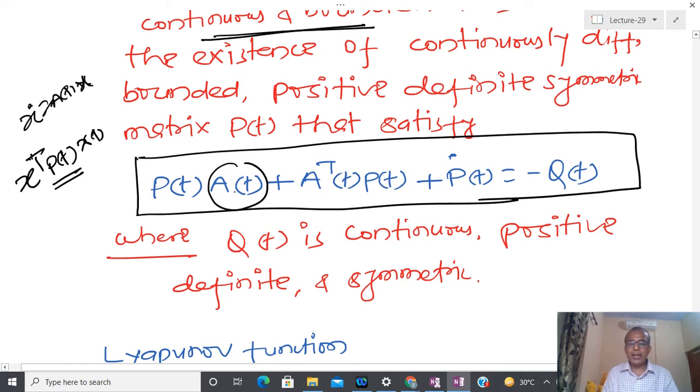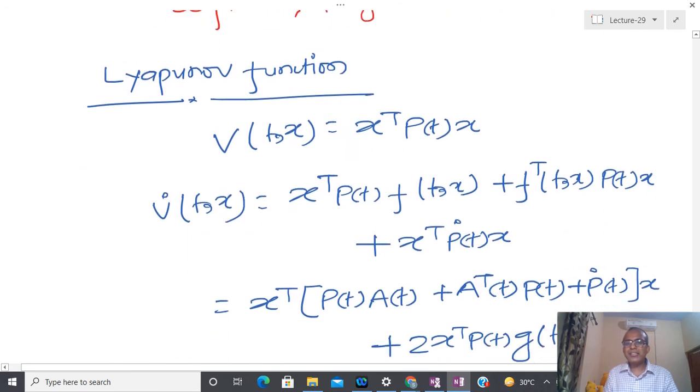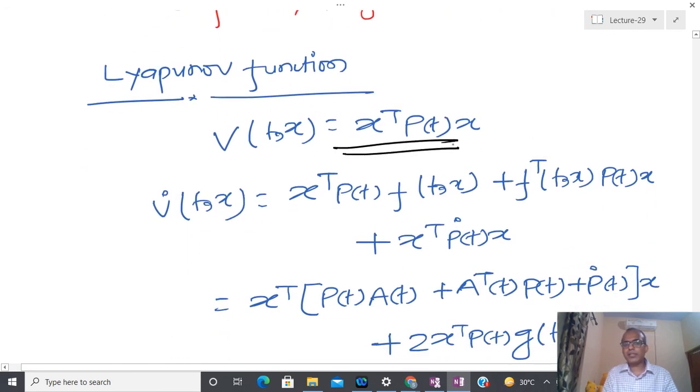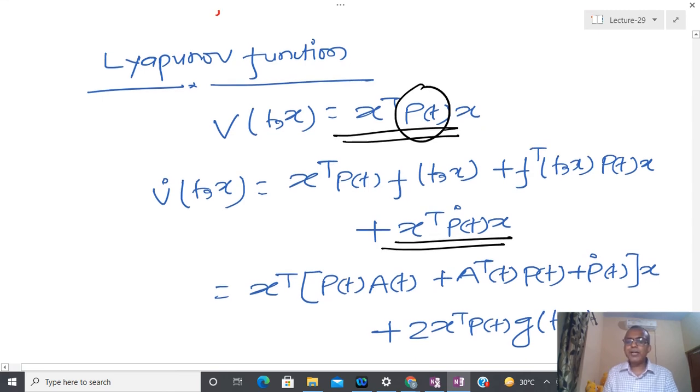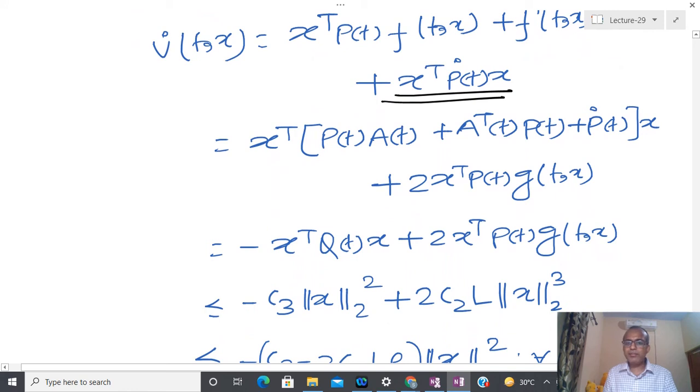continuous. Okay, then for given Q, that is Q(t), basically time varying positive definite matrices, if Q(t) is continuous, positive definite and symmetric, then I can tell that there exists a unique P, and I can construct the Lyapunov function. So due to that reason I have constructed this kind of Lyapunov function. Again, every part remains the same except the extra part, because P(t) now also comes into the picture. Okay, so again you can do the same steps, you can calculate the derivative, you can substitute everything, and